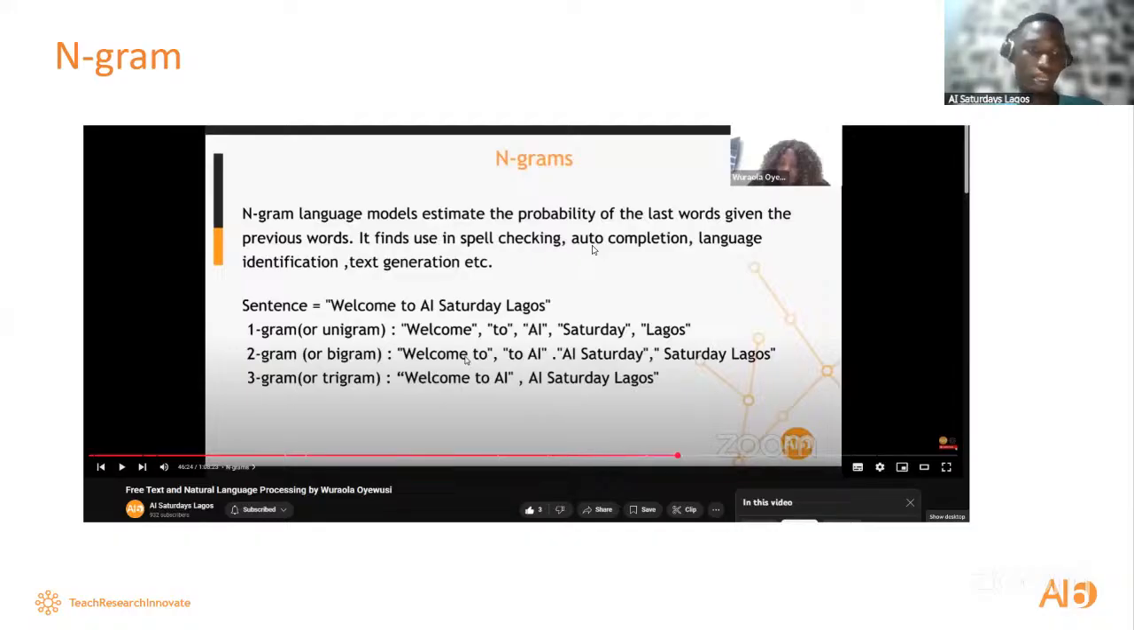Okay, let me proceed. N-gram is a way models estimate the next word. I don't know if we've said this here, but I think we said this before. These language models are not working magic. They give us the next word based on probabilities. So they predict the next word based on probabilities. And one thing n-gram does is that